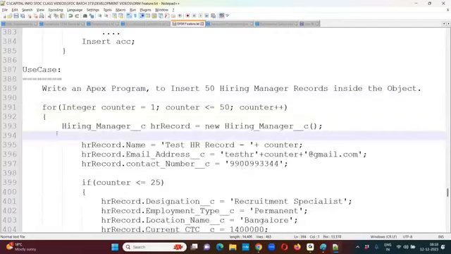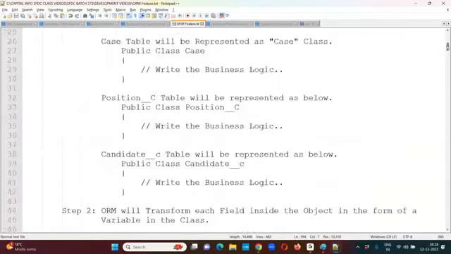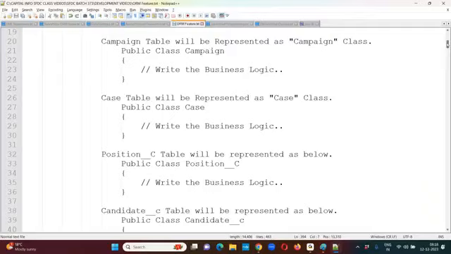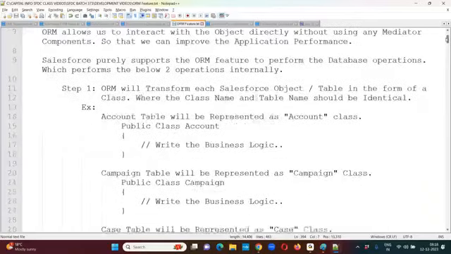Now, this is the concept of the ORM feature. How to configure the ORM feature and how we can use it to create records inside the object. It may be a single record, related records, or bulk records, as we have discussed so far. Now let's see one more new feature,